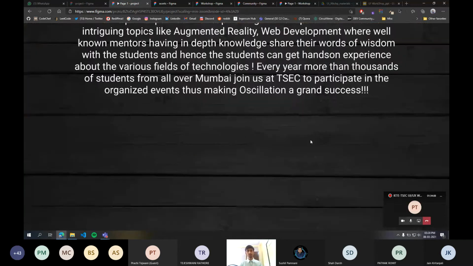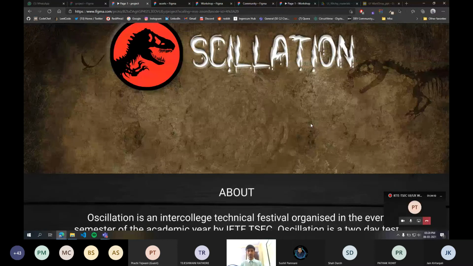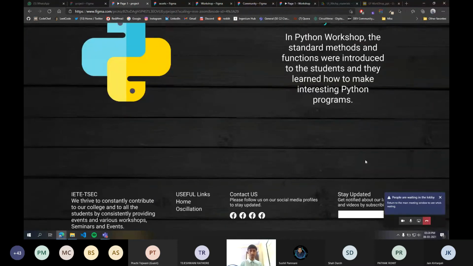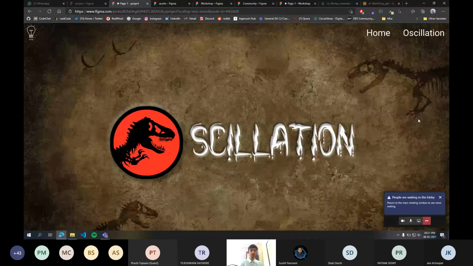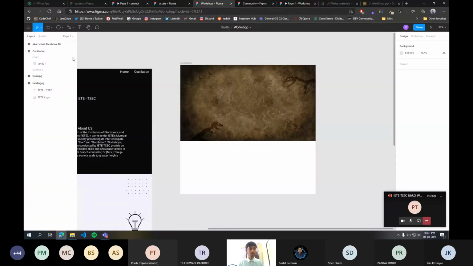What I mean by that is that this about us section, this workshop content section and this footer, along with this wood background, will be put inside another frame which will be vertically scrollable.